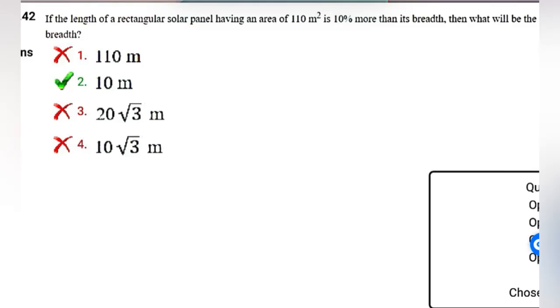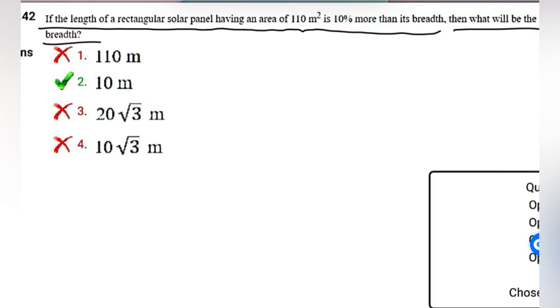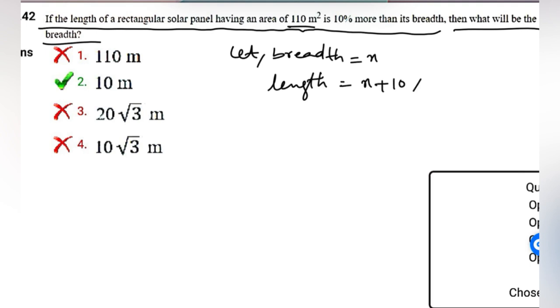If the length of a rectangular solar panel having an area of 110 meters square is 10% more than its breadth, then what will be the breadth? Given area of a rectangular panel is 110 meters square, let breadth be equal to x. Then length becomes x plus 10% of x, which is equal to